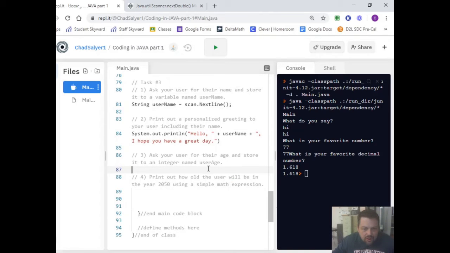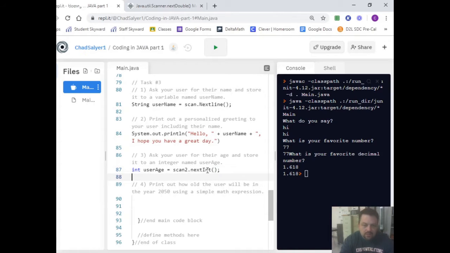Ask your user for their age and store it to an integer named user age. So I'm going to say integer user age equals scan2 dot next integer, and then print out how old the user will be. So